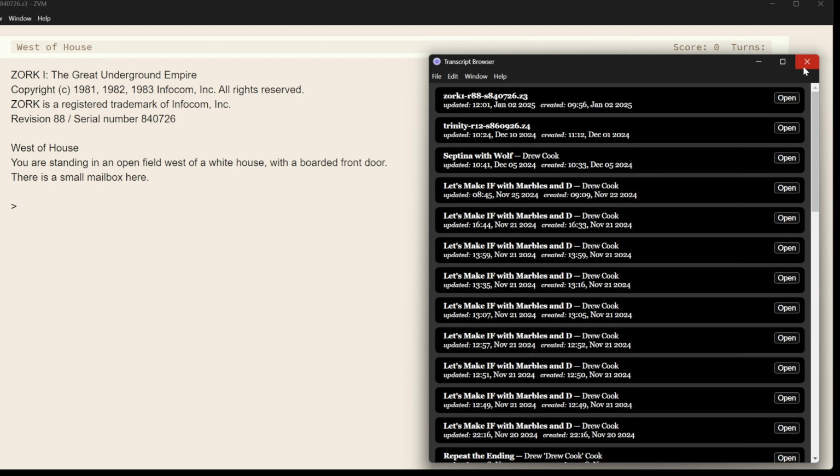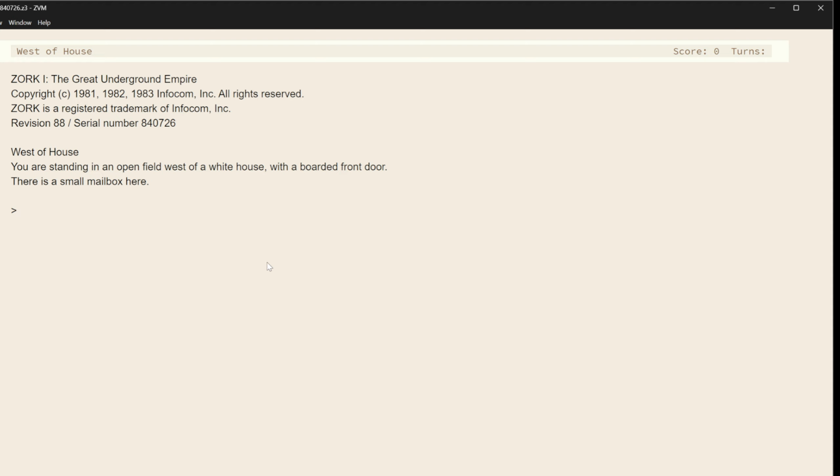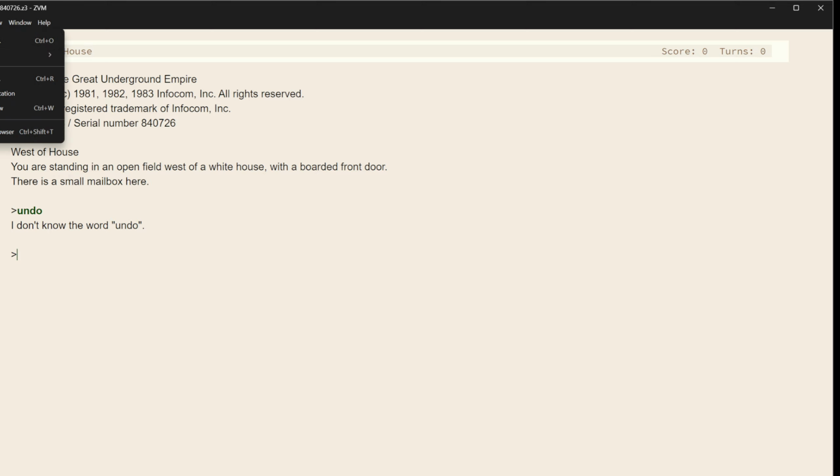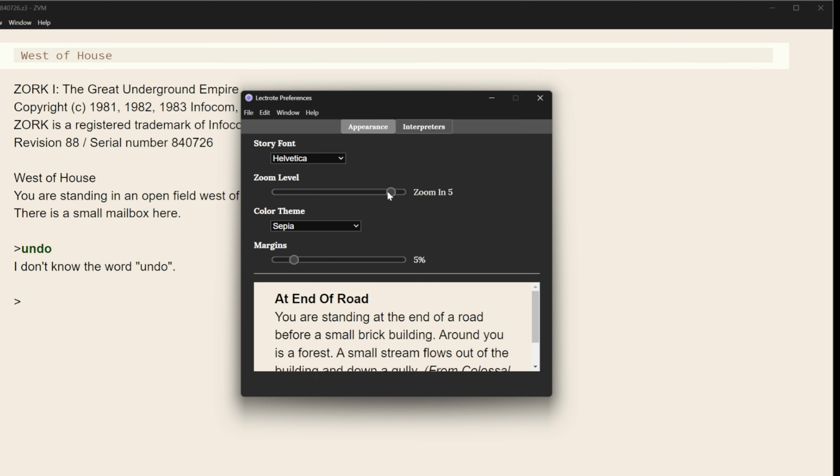So this is an incredible feature. But it was a hard decision because Zork, some of you will know what this means and some of you won't, doesn't support the verb undo, the command undo, which I'm going to zip this text up a little bit. There we go. Let's see how that goes.